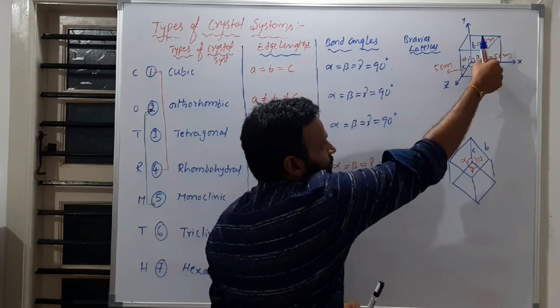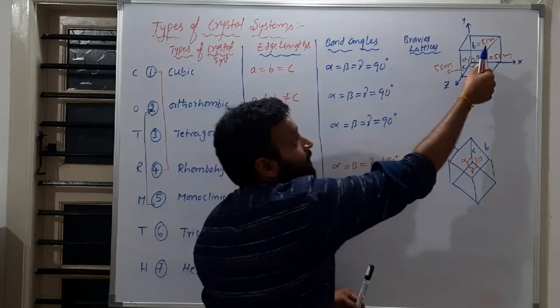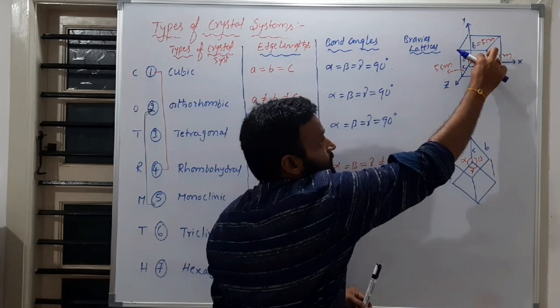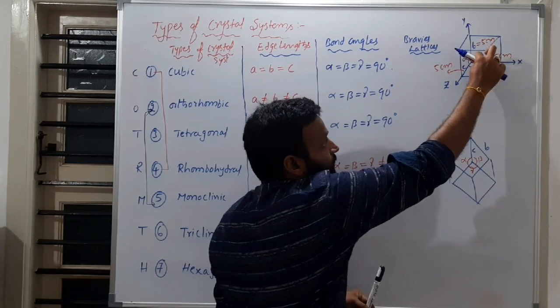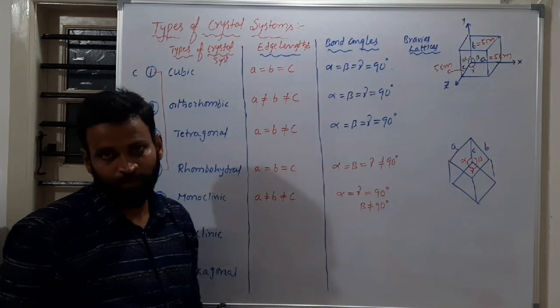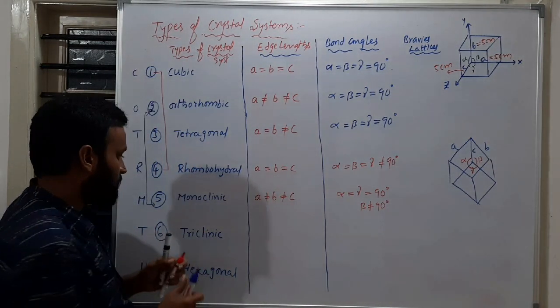Means we are moving like this or like this. Like this means upwards. Don't imagine two-dimensional. So like this, gamma also will change. That means it won't change, but like this we are bringing it up and down. Then this bond angle will change. So beta will change. Understood clearly? So this is about monoclinic.